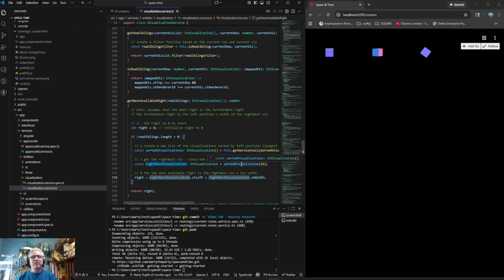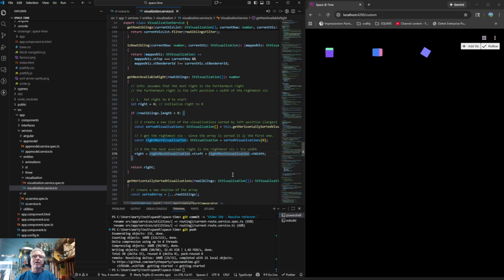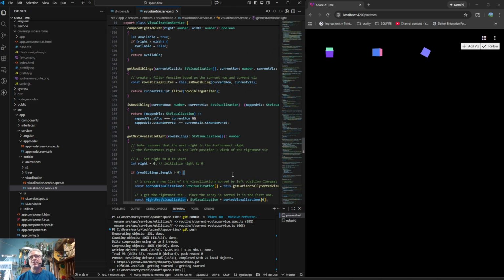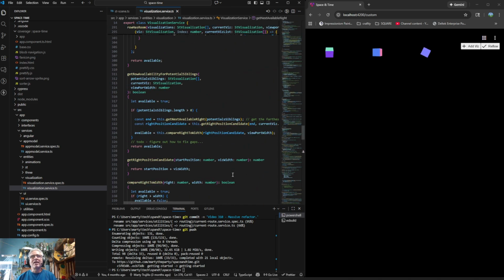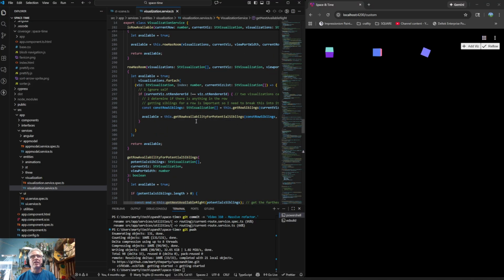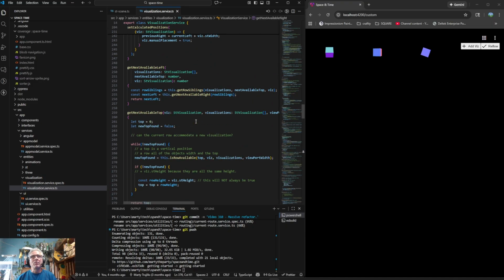Rightmost visualization, sorted, get rightmost plus the width. Oh, okay. So basically the top, I think. I'm kind of making this up as I go, but it looks like the top is what figures out whether we go into the next line or not. So that's going to have to be the thing that's aware